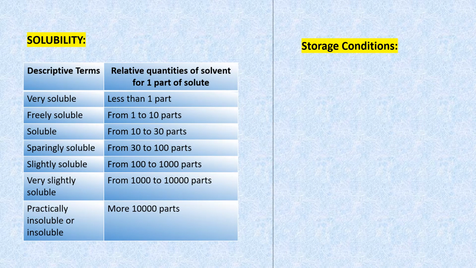The second part, that is storage conditions. Now you have seen the storage conditions are well closed containers, light resistant containers, tightly closed containers, etc. What is the meaning of these terms? We'll see one by one. Well closed containers means these are the stable drugs and I have to prevent the entry of dust, filthy material, insects, etc. inside the container. At that time, in the storage condition, I am going to use the word that is well closed containers.